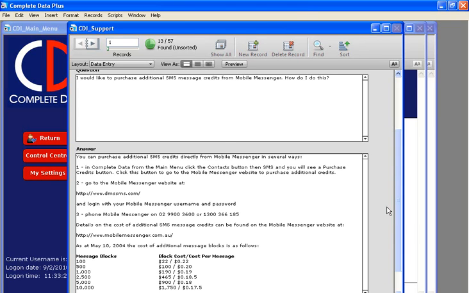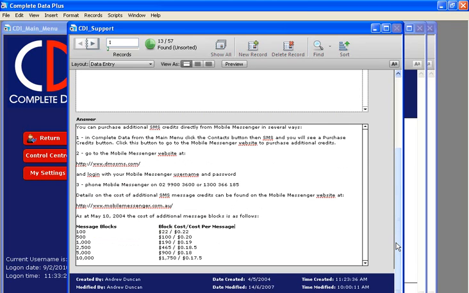As you can see here, we've got Mobile Messenger's details, so you can give them a call or jump onto their website and view their details and set up an account. An account usually takes 2 to 3 days to be able to provide this information and create your account, and then once we've completed this and we've got our account details,